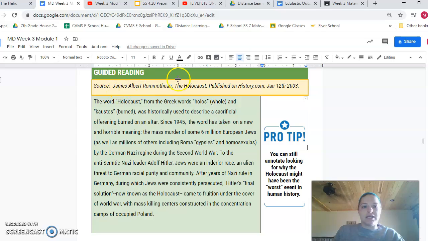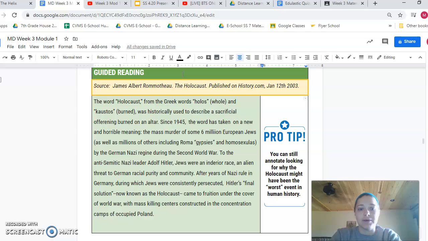So this reading is from James Albert Romatho. It's titled The Holocaust, and it was on history.com. It came out in 2003. The word Holocaust, from the Greek words holos, meaning whole, and kostos, meaning burned, was historically used to describe a sacrificial offering burned on an altar. Since 1945, the word has taken on a new and horrible meaning: the mass murder of some 6 million European